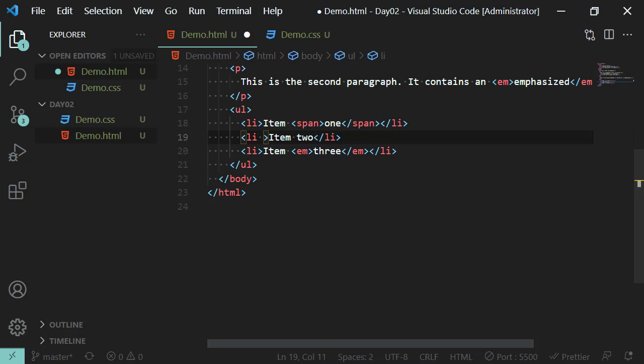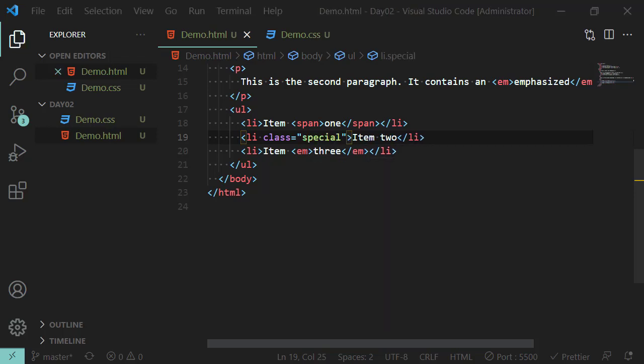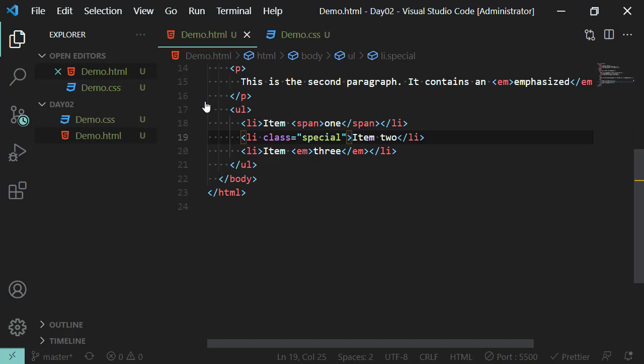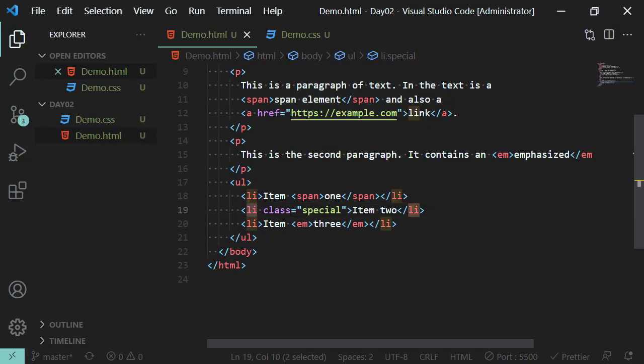To do that, all I have to do is come to that specific element and put the class name, which was special. All right. The way you're going to use this, if for some reason you want to highlight a particular product, say in a shopping cart, yesterday we looked at the Amazon.com site, and there is a specific element that you want to highlight for whatever reason. All you have to do is figure out where that element is, and to that element you can dynamically apply classes and you can remove them. And this will be our topic for tomorrow. Through JavaScript we are going to add classes to these elements,